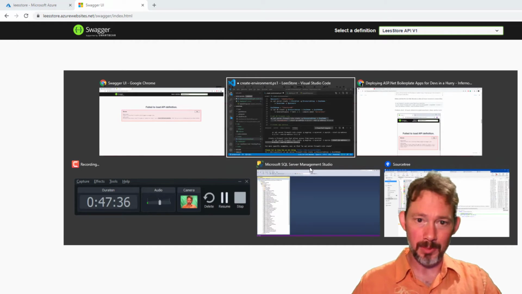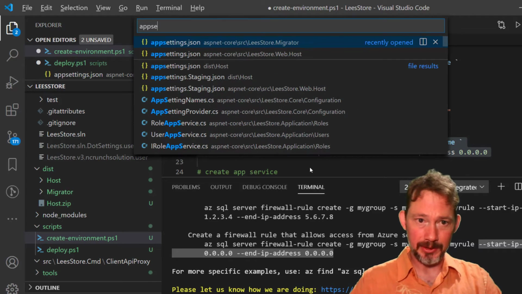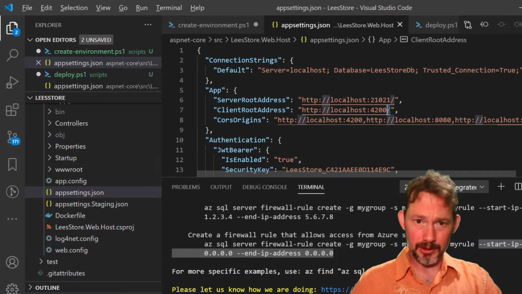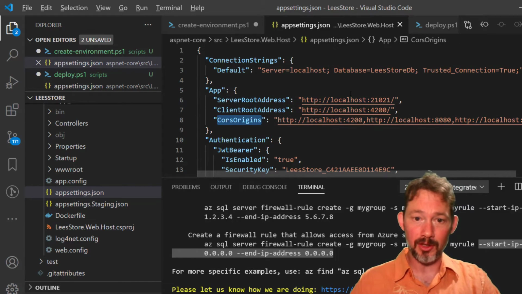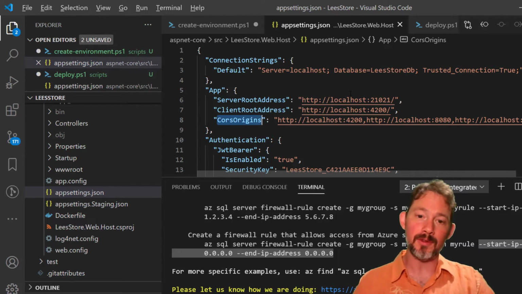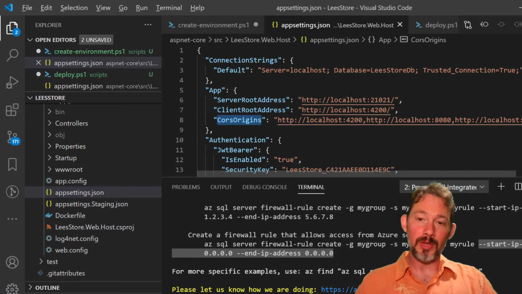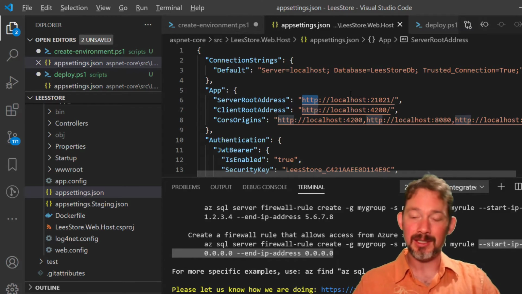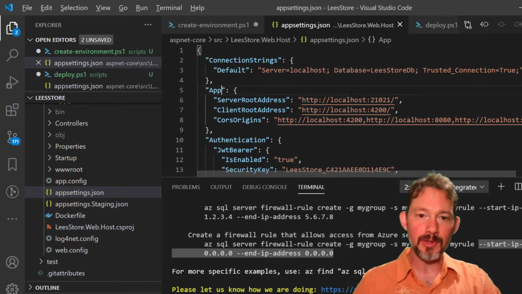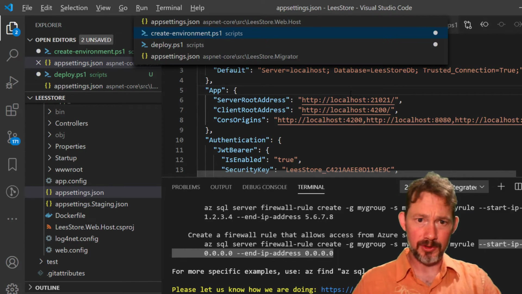Okay, so this is a problem with the, there's more app settings that we need to set. So appsettings.json in the host. If we take a look inside this, we'll see there's the connection strings, we set that, but there's also these. So the app server, and this is an ASP.NET Boilerplate specific thing. So the server root address, the client root address, and the CORS origins. We should really set all three of those to the actual settings for them, not localhost. And it's specifically complaining about the HTTP, not the HTTPS, but even if we fix that, it would complain about the localhost next. So to do that, we're going to have to